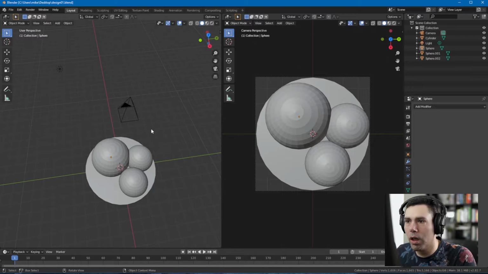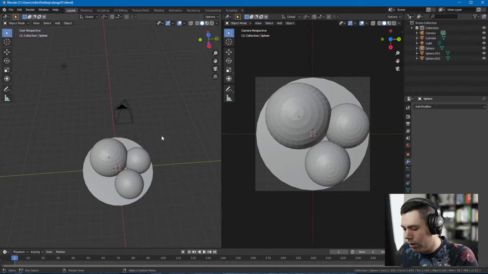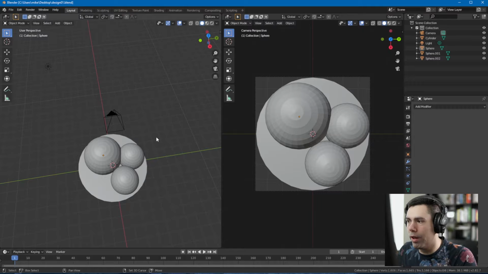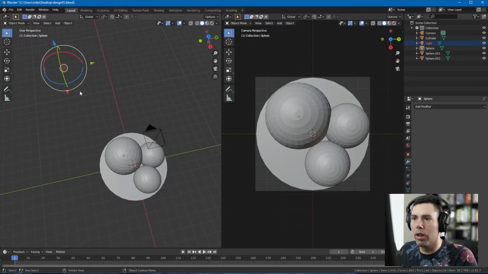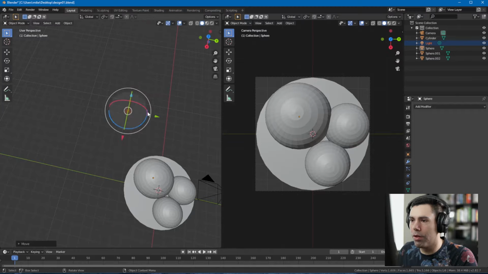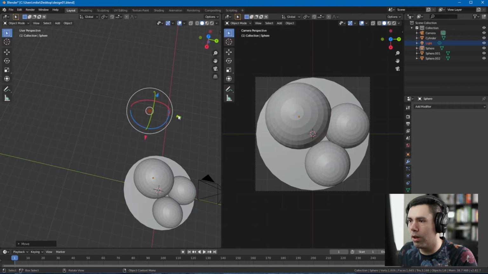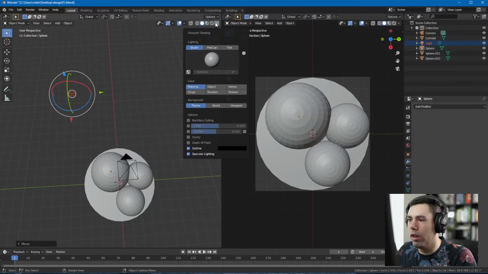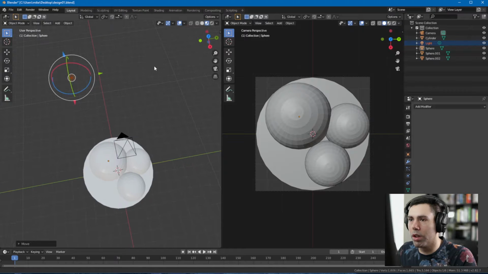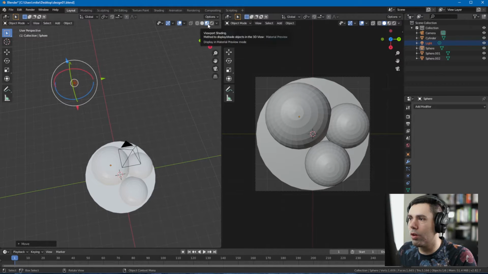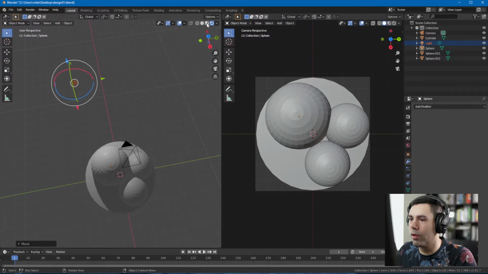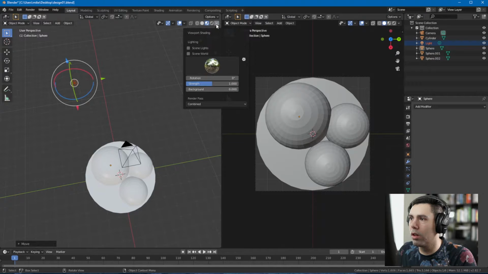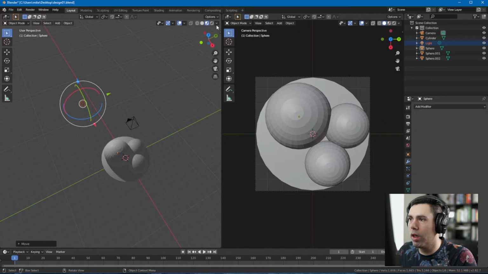So one thing that I'm noticing now is that the scene isn't rendering the objects with the correct lighting. So for example, I can move this around, it won't really affect anything in the scene, right? So we just need to make sure that the scene is actually looking at the right sources when it comes to lighting. So I just switch over to the viewport shading, and here you can see we just need to, oh, no, we don't want that. So, okay. Need to put that on, and the scene world. So what it's doing now,